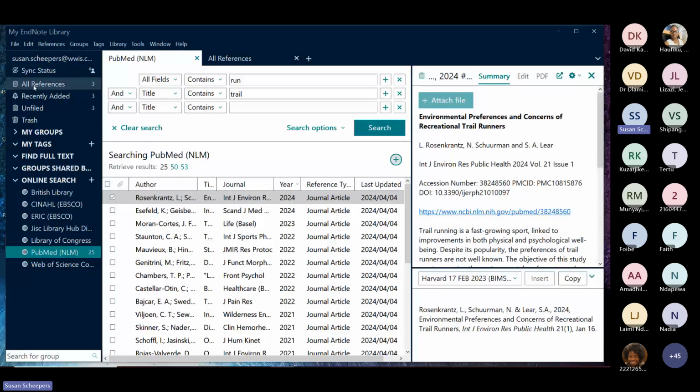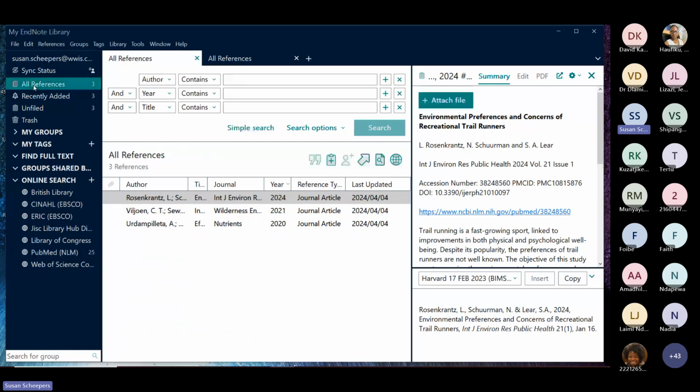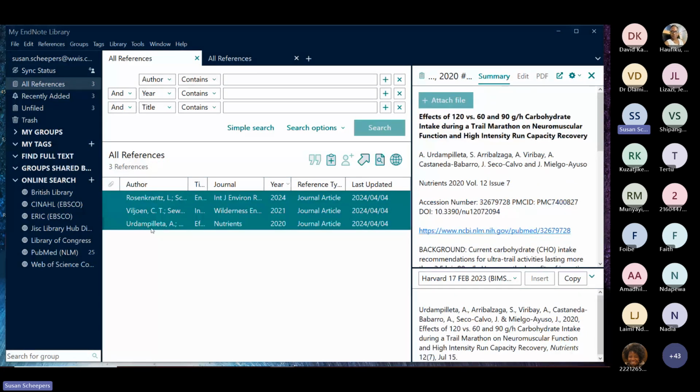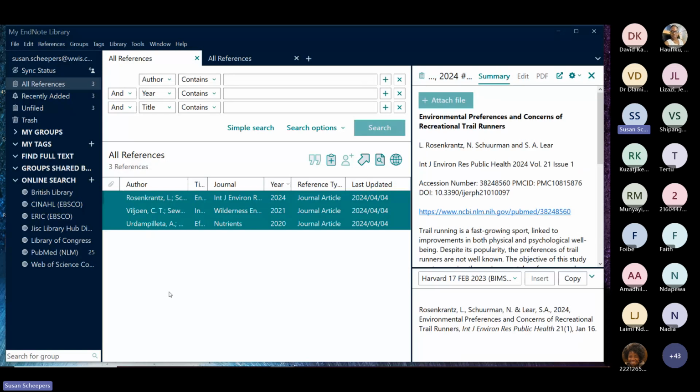So now I'm here. Now I'm going to search for the PDF. So I'm going to highlight all of them. You can hold down your shift button and click on the last one, or you can say Control A. And if you say Control A, it will select all of them at the same time if you want to search. So now where it's here in your all references panel here, you'll see that you can actually have a few